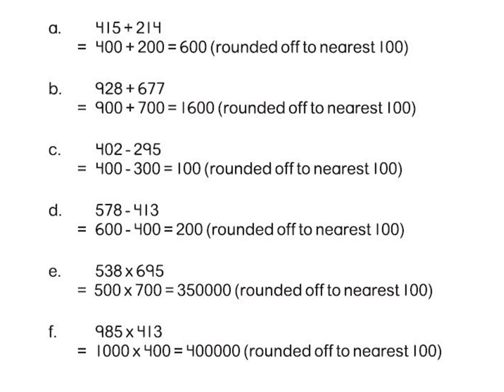Look at question number B. 928 plus 677. Rounding off 928 to the nearest 100, we get 900. And rounding off 677 to the nearest 100, we get 700. So 900 plus 700 gives us 1600. Likewise, the other problems are